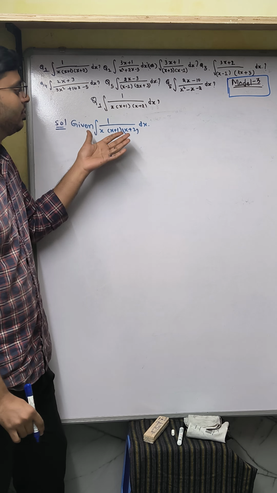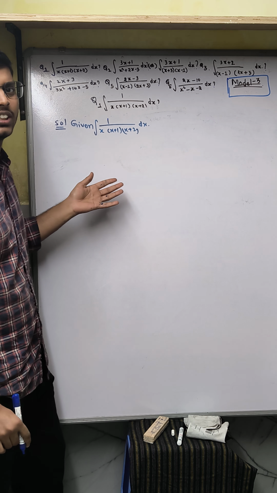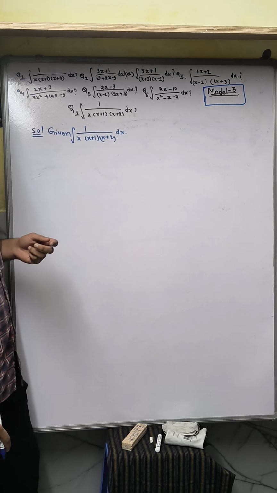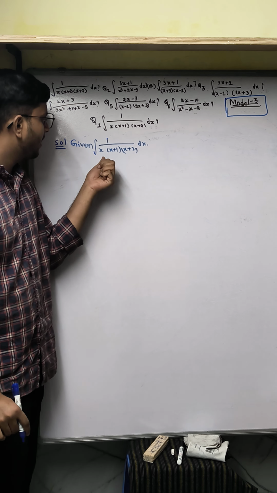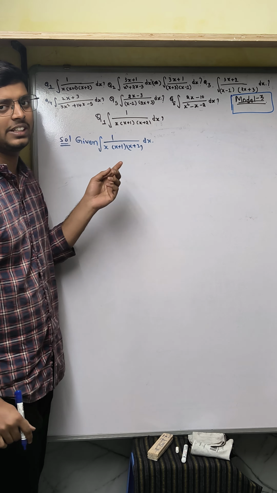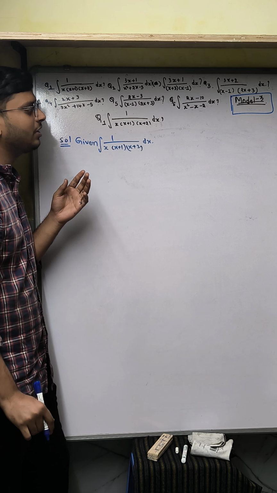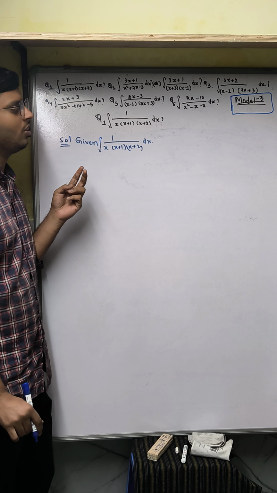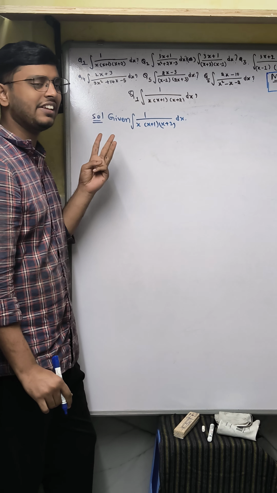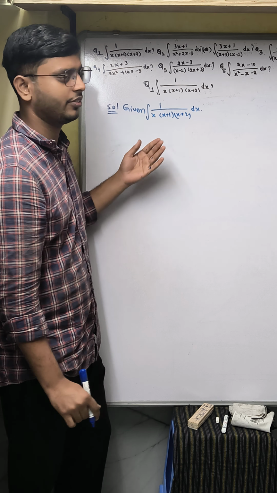Okay, we will find out A, B, C. How to find out A, B and C? Here see, x into x plus 1 into x plus 2. There are three factors here. In the previous video we only solved two factors. Now we have three factors. How to solve the integration form, we will see now.